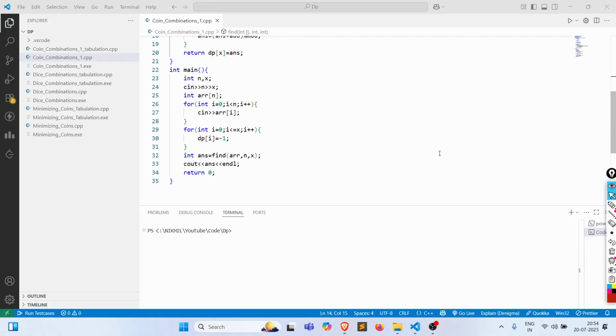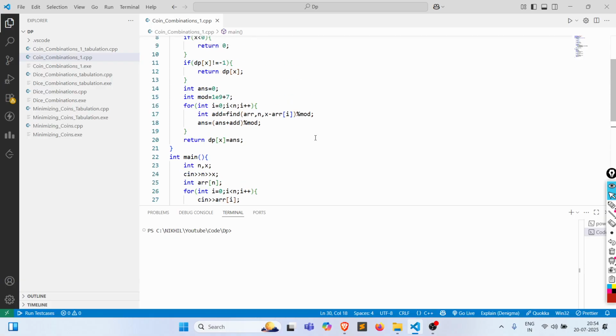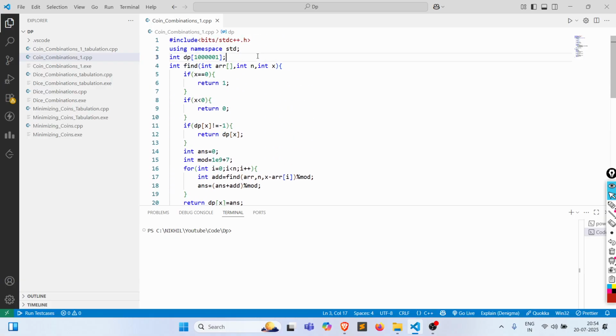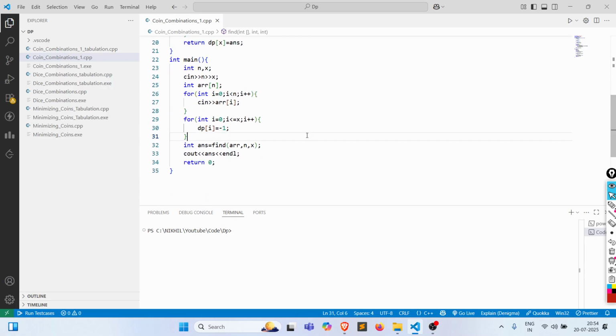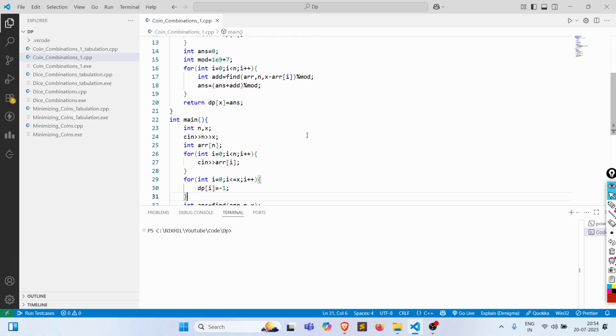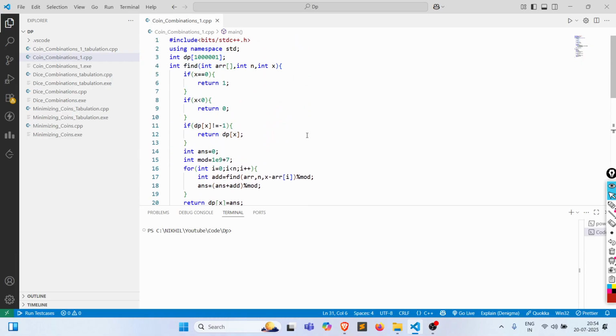Let's also talk about the time complexity and the space complexity. Talking about the space complexity first, we are initializing a dp, right? So it is O of x. And if I talk about time complexity, it is x into n, right? Because there are